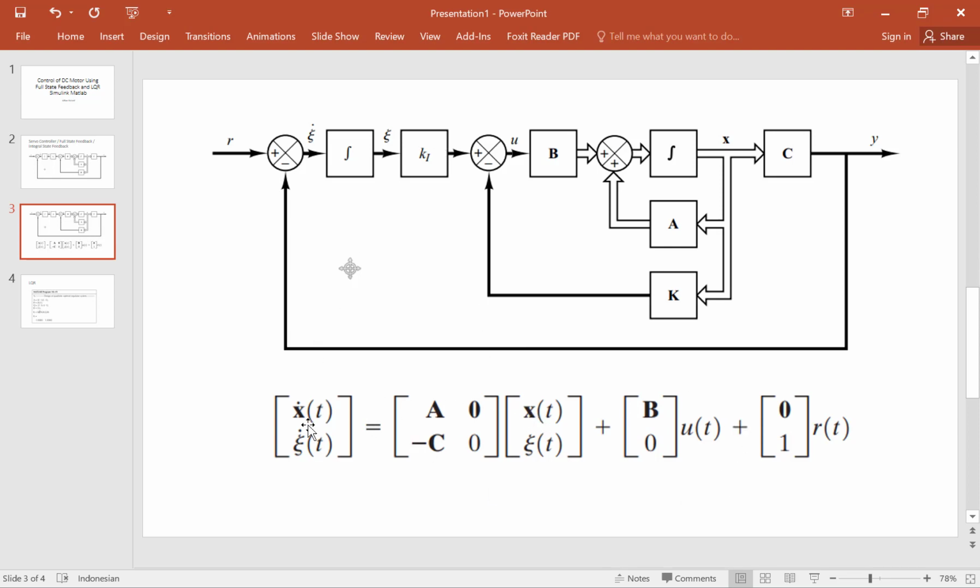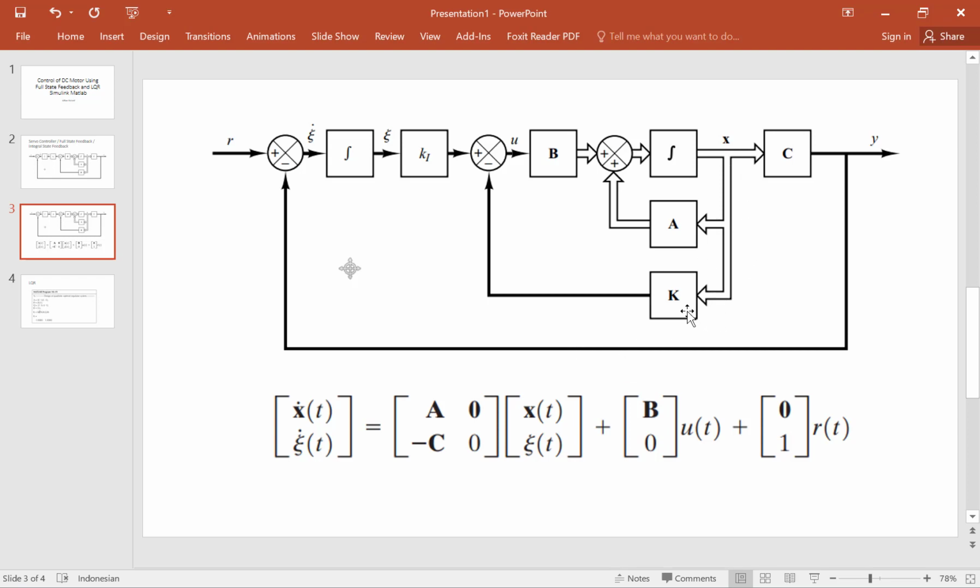There are two states: the first is x, and the second is zeta, the error. The error is the difference between the set point or reference, and the output y. The reference is the set point, and the output is the angular speed for the feedback. This is state feedback.